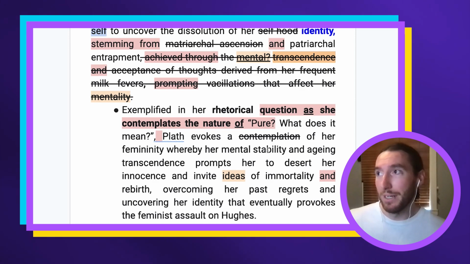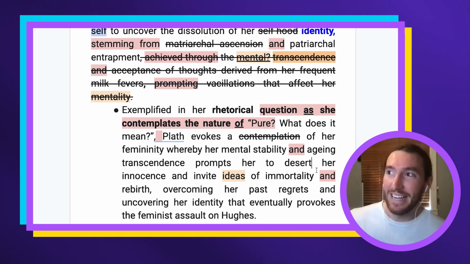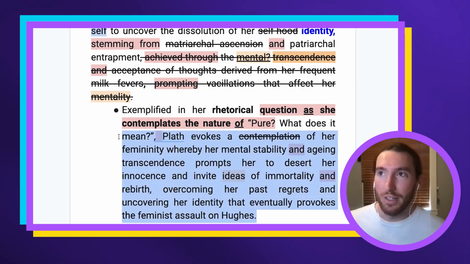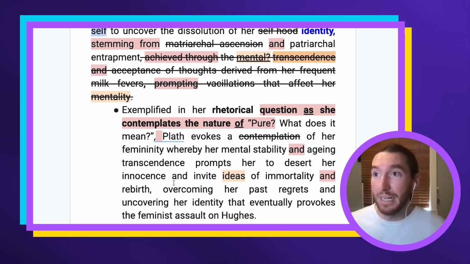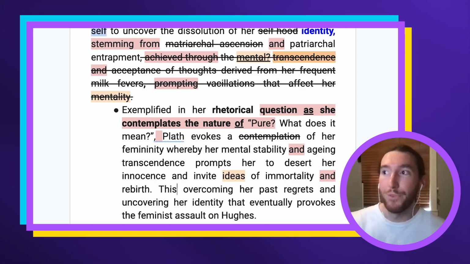You might want to get rid of mental stability and aging transcendence, because there is the "and" problem there as well, now that I look back at it. See how common that is? So really try and work on the double up problem and just consolidate that, because you're trying to say too much within one sentence. Worst case, you just split it up and put a full stop somewhere and say, this represents her attempt to overcome past regrets and uncover her identity, right? But we don't want clunky sentences. So you either have to split it into two sentences, which can add words, or what I think is probably preferable in most cases is to work out a way of cutting it down to the essential elements of the sentence. Going on to the next point.